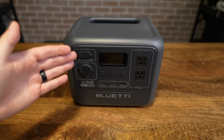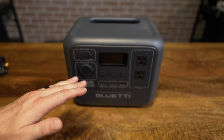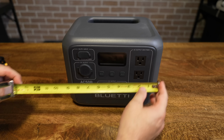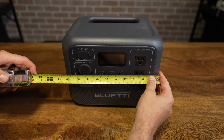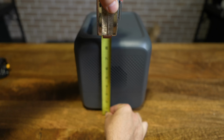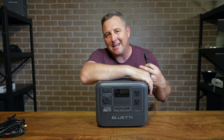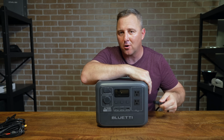Now this thing is by no means heavy. It tips the scales at 14.7 pounds or 6.7 kilograms. Although the literature says it's 11 inches wide, I measure it at 10.5 inches. Just under 8 inches deep and just under 9 inches tall. In addition to that, Bluetti claims you can get up to 80% in 45 minutes by charging through the wall